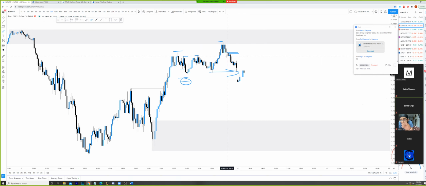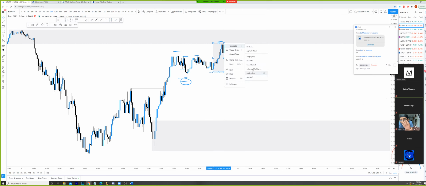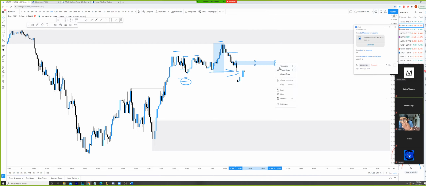Actually, is that an imbalance? I think it is. There's a little imbalance right there as well. Right now, we might be making our way back up into this zone right here. Could be great sells off of there, because that's also inside of this overall mentfx block. So, if anything, I'm happy with looking for confirmation sells from this point right here.